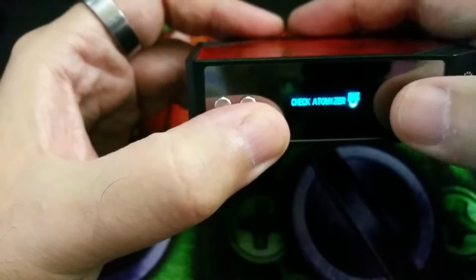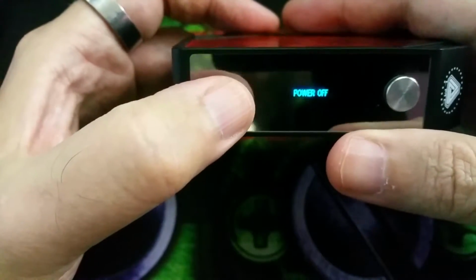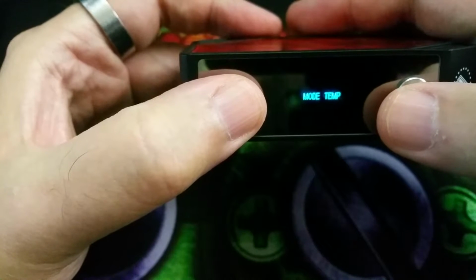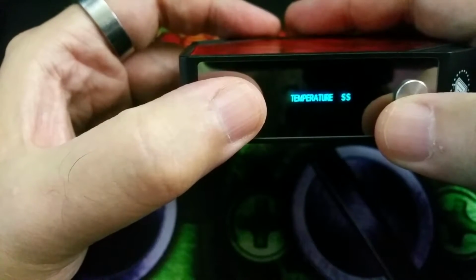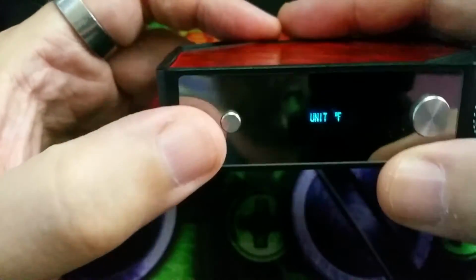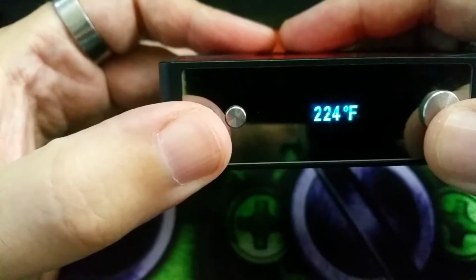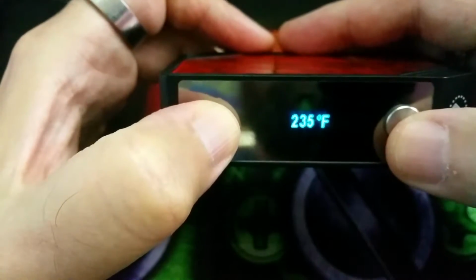So if I want to go back into the... so if I go to temp and then click stainless steel, I can then change to Fahrenheit if I wish. You can see that there. And that's at 224 Fahrenheit, and then adjust the Fahrenheit as I wish